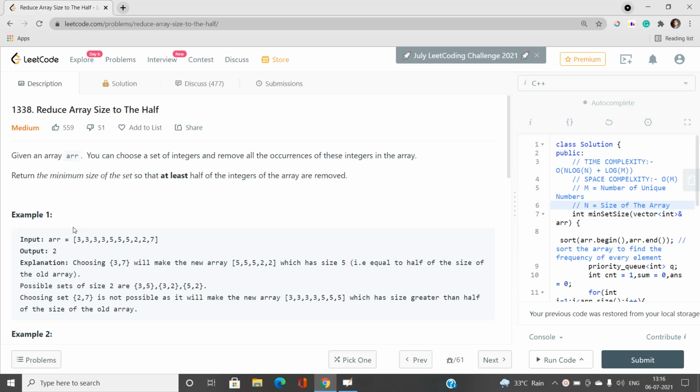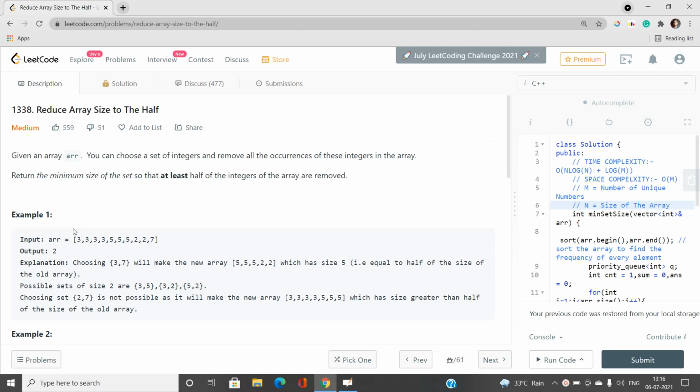You need to sort the array, or you have to use some data structures to store the frequencies of the elements. Okay, and also you need to have a slight logic of greedy algorithms so that you can solve this problem in the best possible way. So without wasting our time, let's discuss this problem and then we will together build up the best solution for this problem.